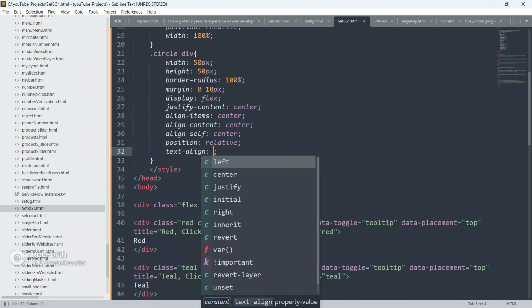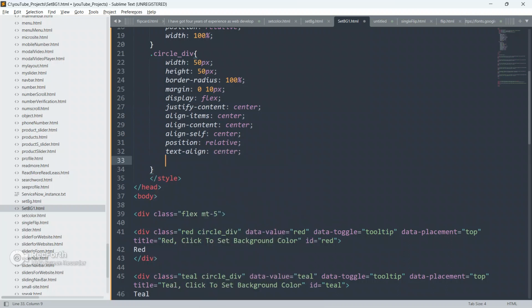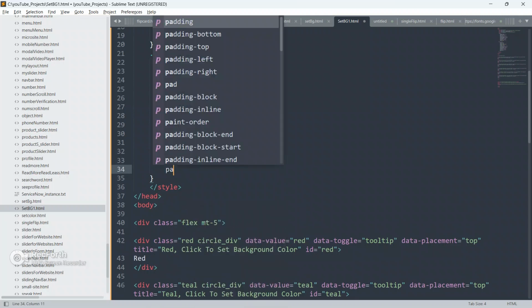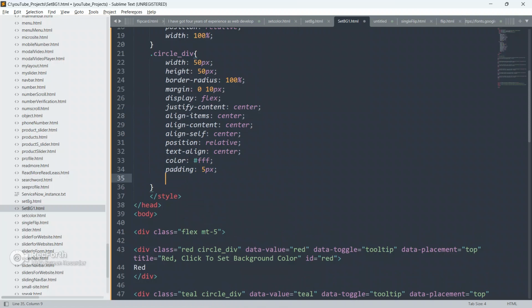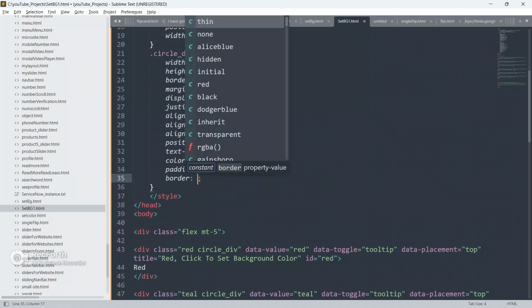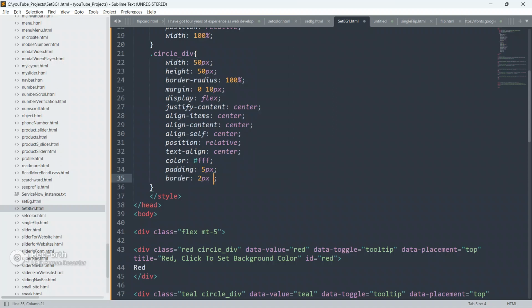Give position as relative, give text align as center, give color as white, give padding as 5px, put border radius, put border 2px solid black.